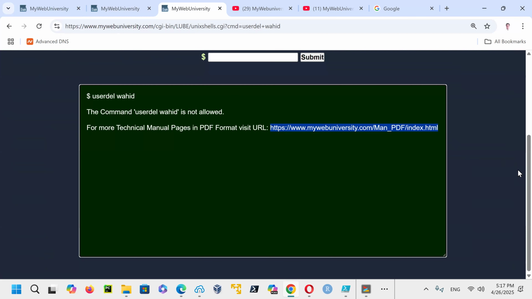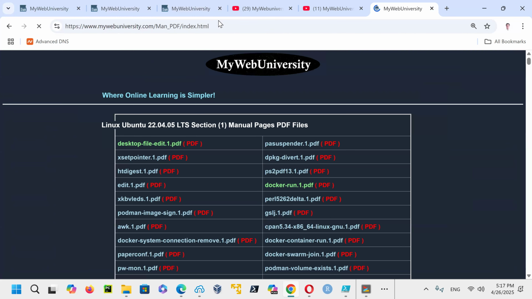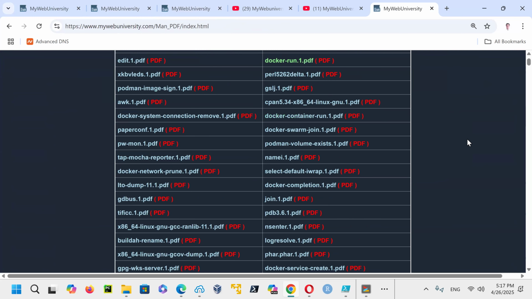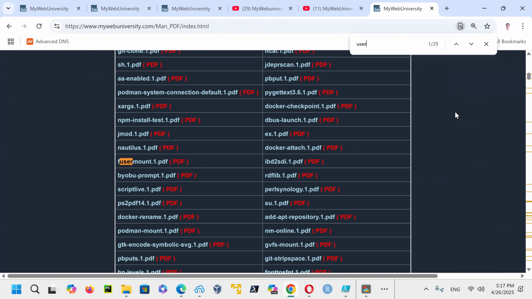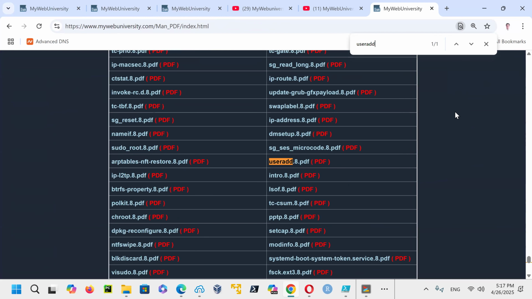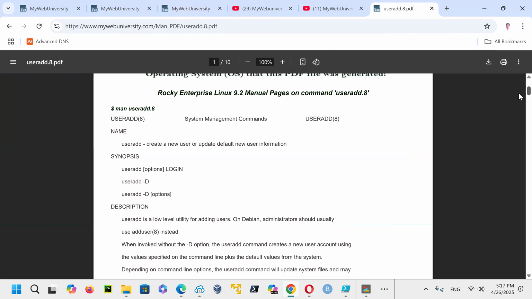So you come in here, press Control C, and then just paste it here for the documentation, and go through that with the information. If you're looking for user add, you could just click on the user add.8. This section 8 is my system admin privilege, like I say, to show you system admin level.